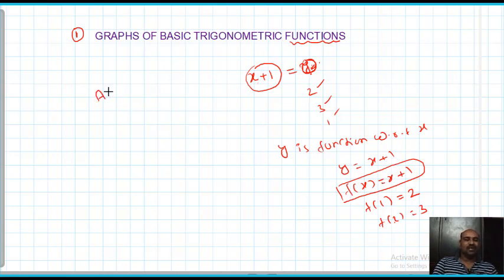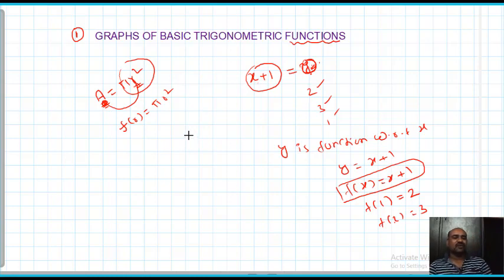For example, A equal to pi r square. This is the relation between variable A and variable r. So if r is varying, A will vary. Actually, this is the formula to find the area of a circle. That's why I can say here the area of the circle is a function with respect to its radius. Or simply I can say f of r equal to pi r square. In this way you can define a function.